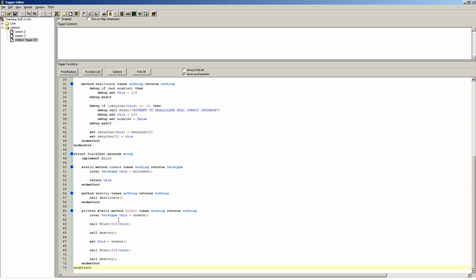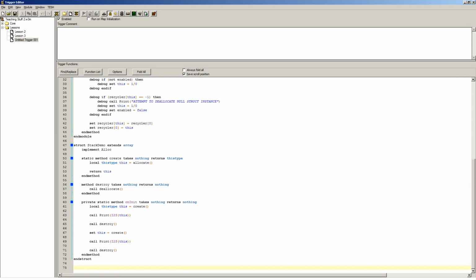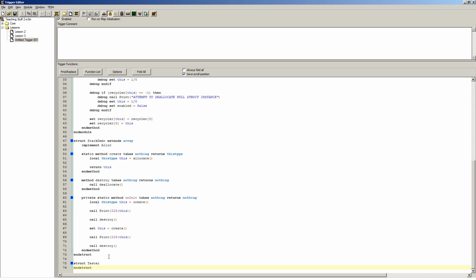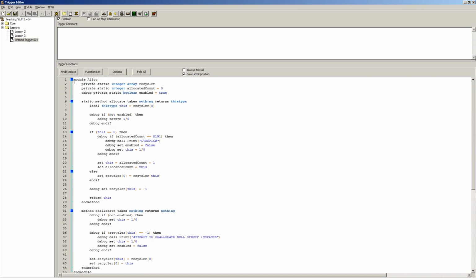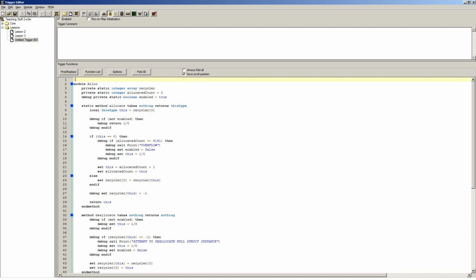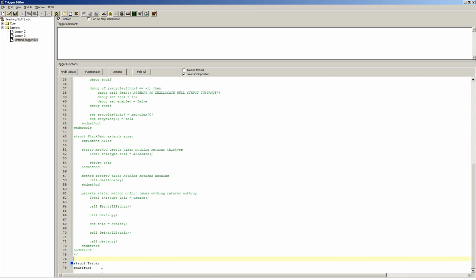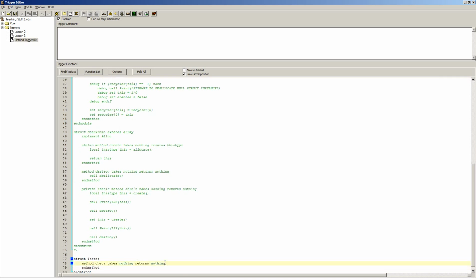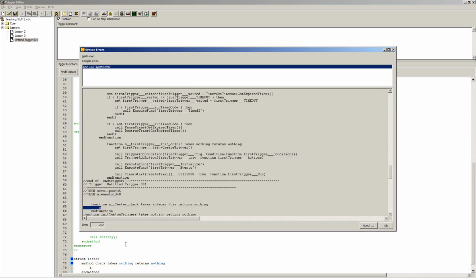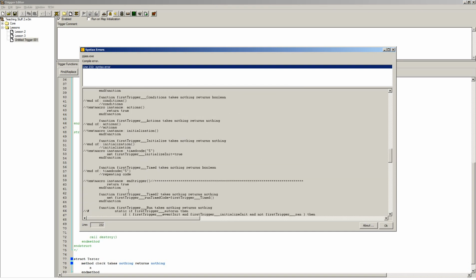everything. So what does a regular vJASS struct look like? How about we take a look at this? So tester, end struct. And let's comment out all this code so it doesn't get in the way. We can find this easy. So how about we do method check takes nothing, returns nothing, end method, and throw a syntax error in there. That way we can look at the surrounding code. So if we look at the surrounding code,